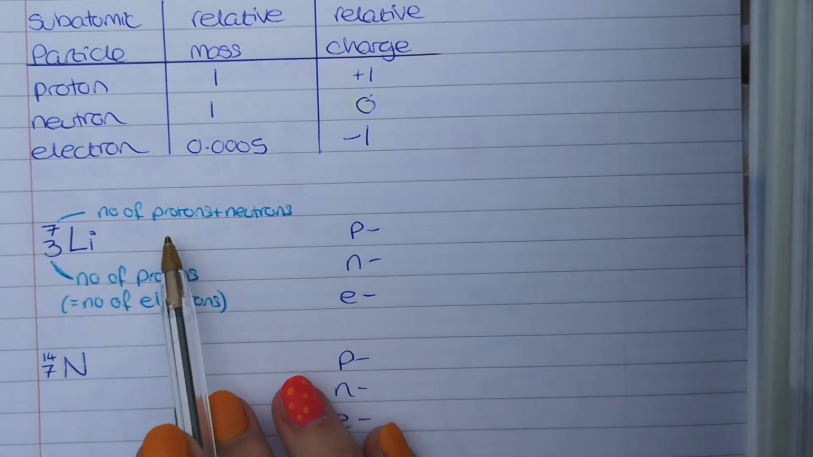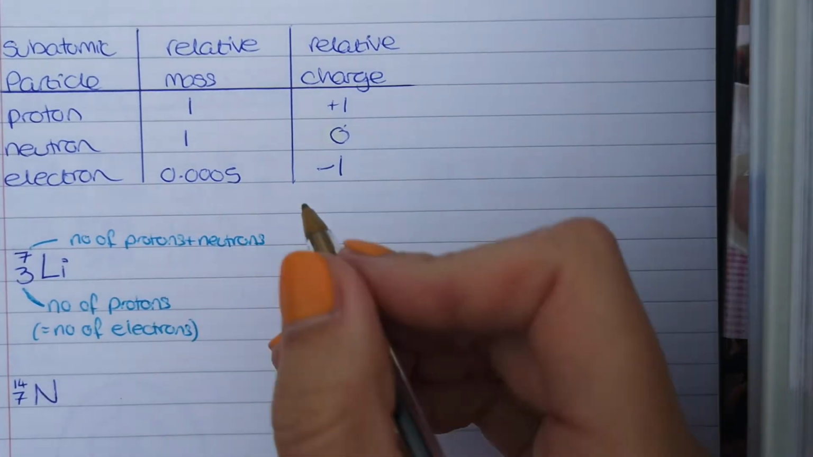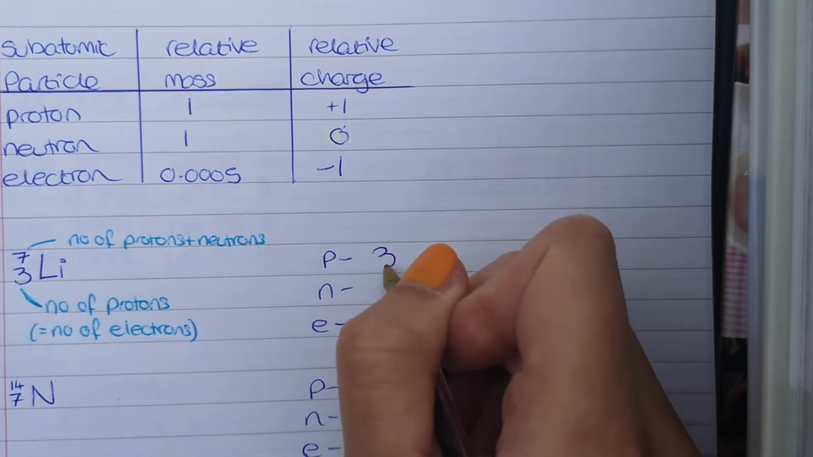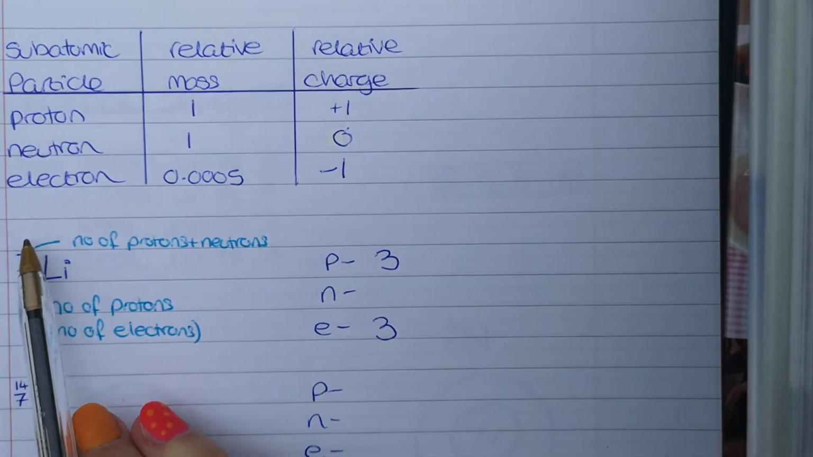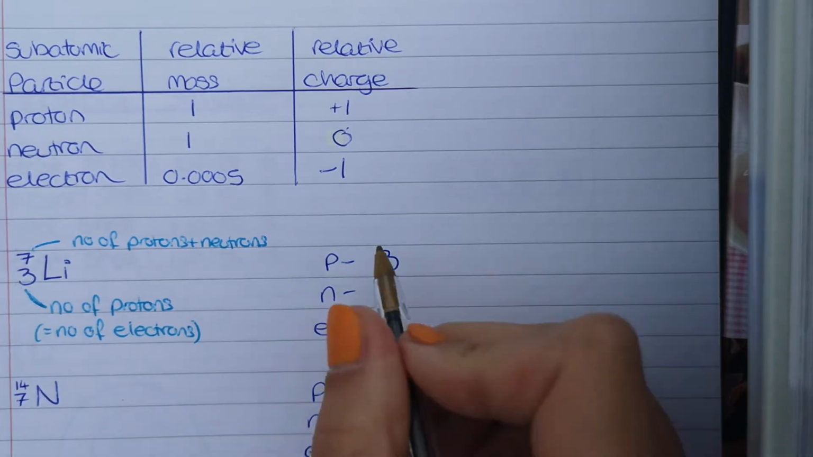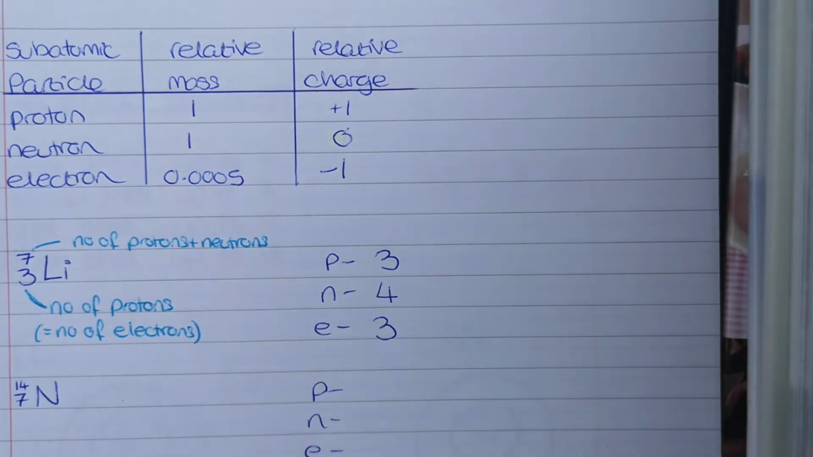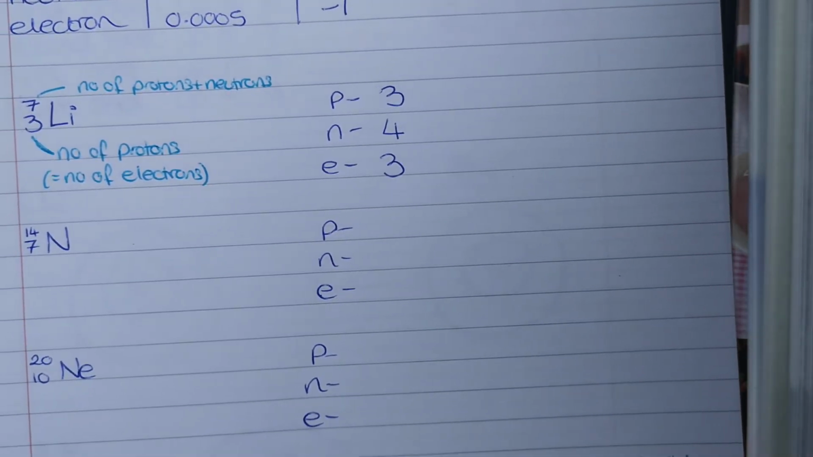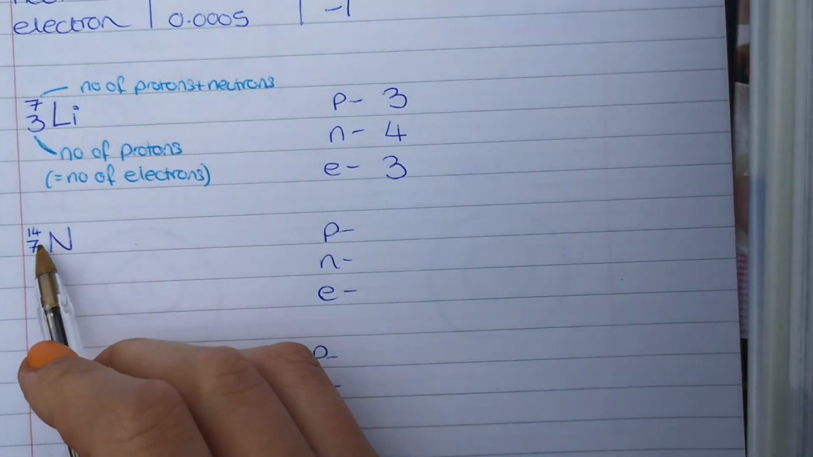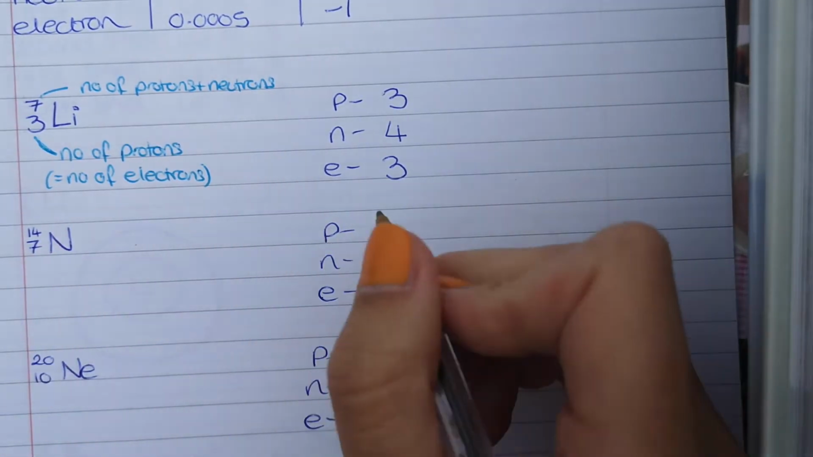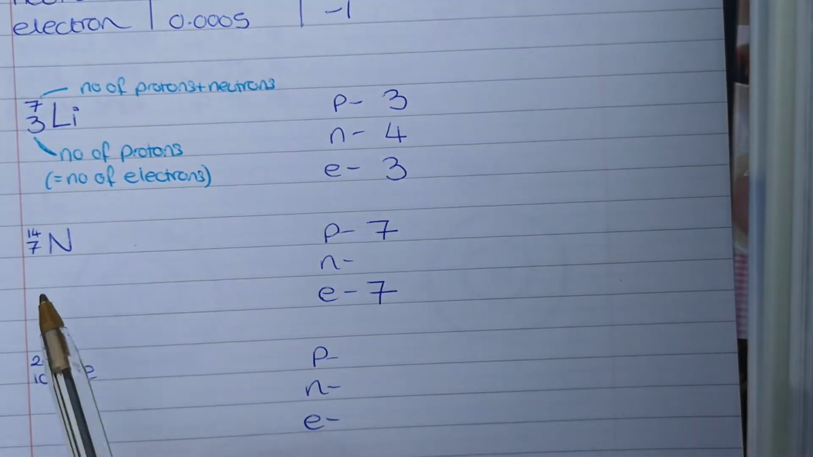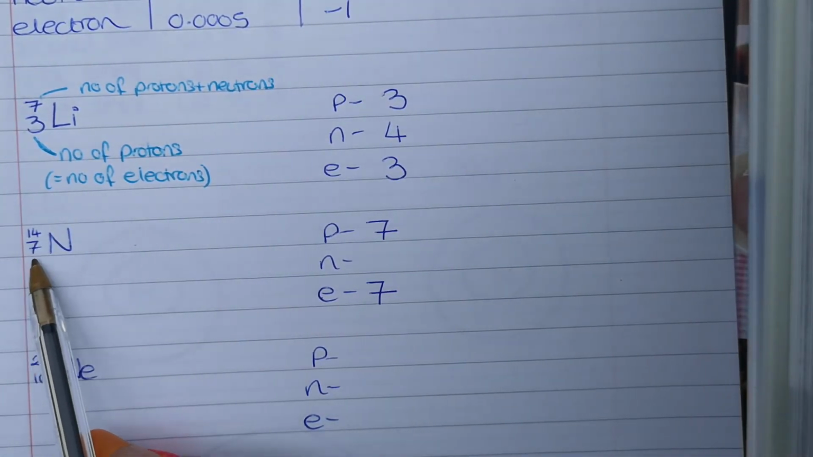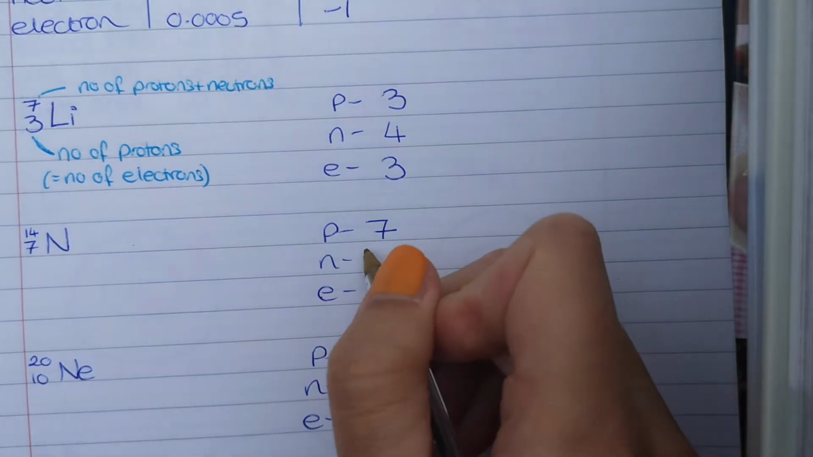So in the case of lithium, we can see the bottom number is 3. And that tells us we've got 3 protons and also 3 electrons. We then want to do 7, take away 3 to get the number of neutrons. So in this case, that is 4. If we look at nitrogen, the bottom number here, our atomic number is 7. So we've got 7 protons and 7 electrons. And then if we do 14, take away 7, we'll get our number of neutrons, which is also in this